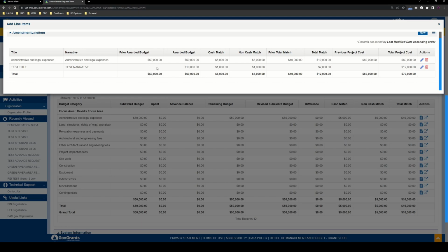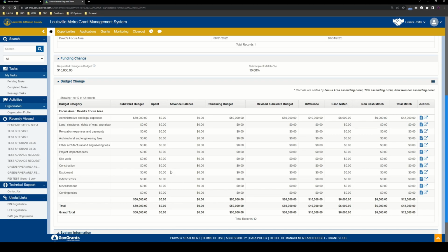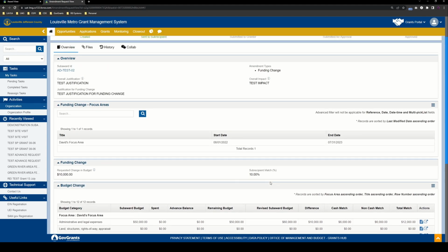this line, which is fine. There's an awarded budget here. And now we're all set. So now our new awarded budget is now a total of $60,000 here, which is great. That's exactly what we're looking for. $50,000 was our original amount, plus $10,000 gives us 60. So we're all set. And those are the main changes that you would need to make for a funding change